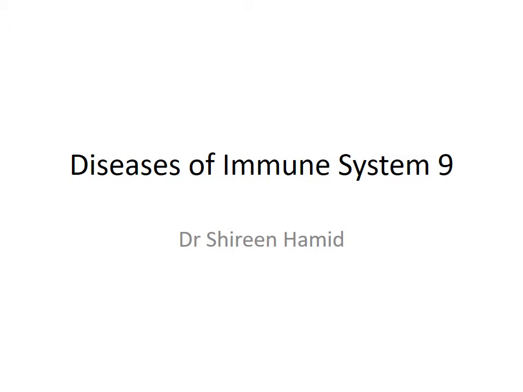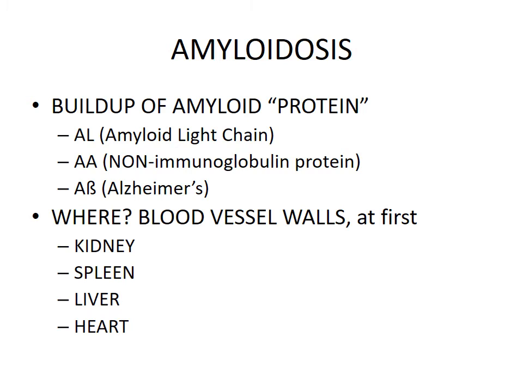Again, we are going to discuss amyloidosis in diseases of the immune system. Amyloidosis is basically a buildup of amyloid protein. And what is amyloid? Amyloid is a heterogeneous group of fibrillary proteins that aggregate into an insoluble cross beta-pleated sheet